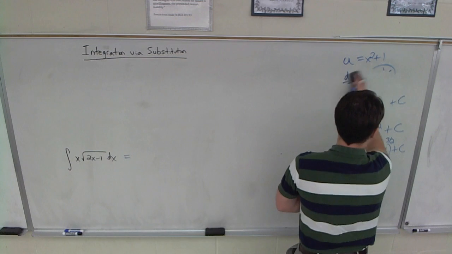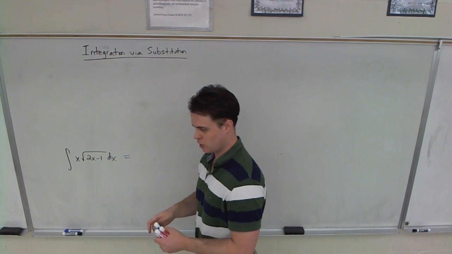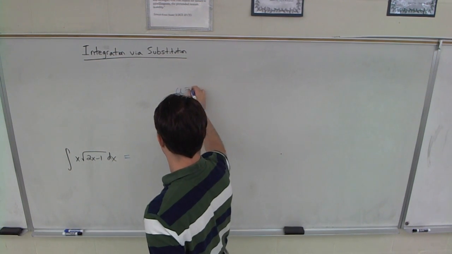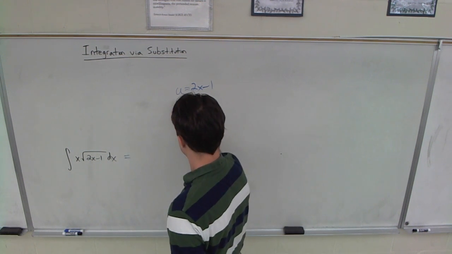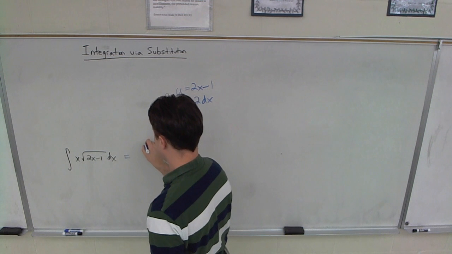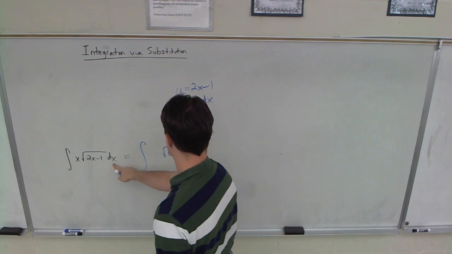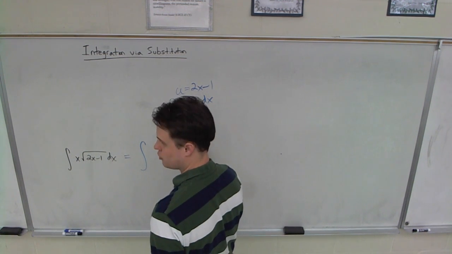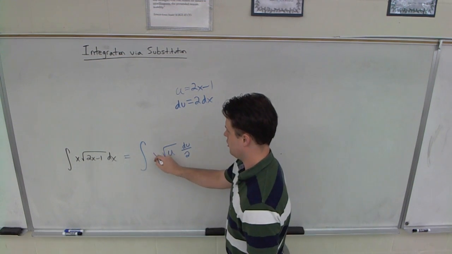Let's look at this guy. So this guy, what would your choice for u be? It's 2x minus 1. Okay, so you're like, that's my choice. du is 2 dx. So then you're like, okay, I'm converting. So I've got the square root of u. dx is du over 2 if you divide to that side, right? And then you're like, but